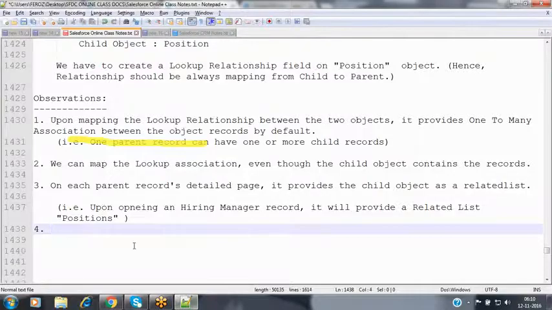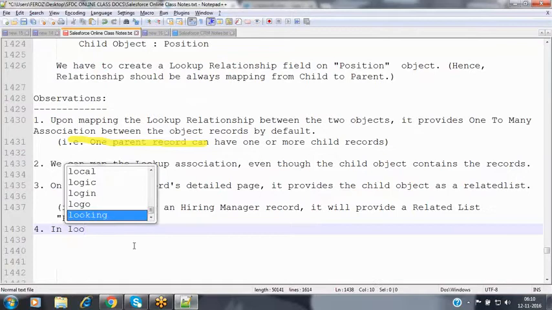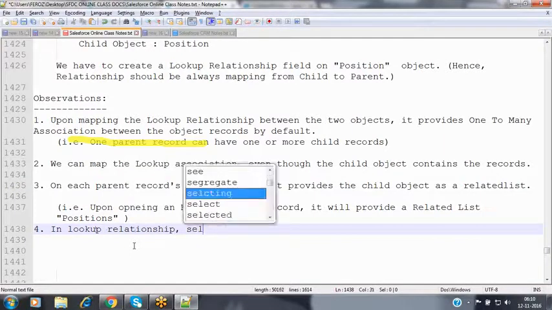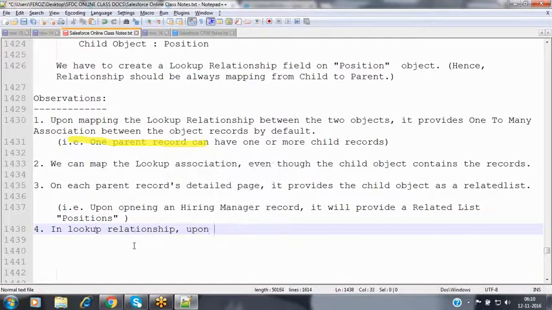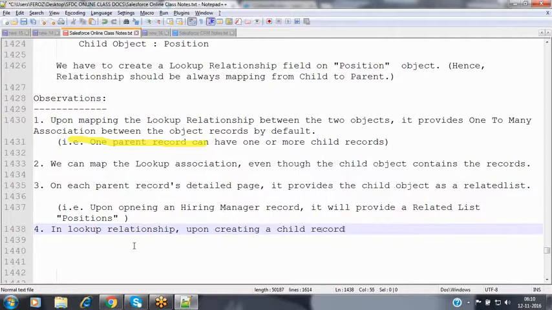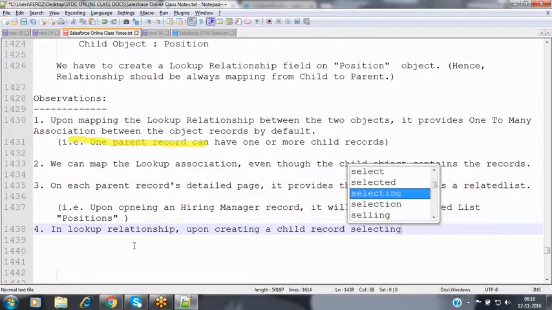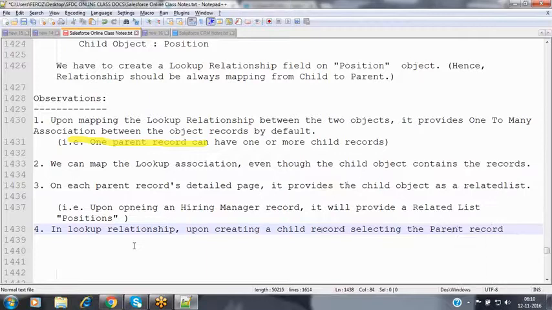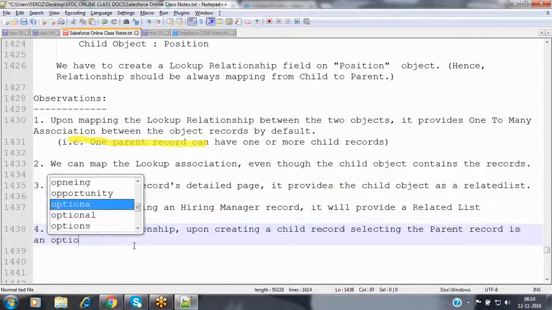The next observation is: in a lookup relationship, upon creating a child record, selecting the parent record is optional.